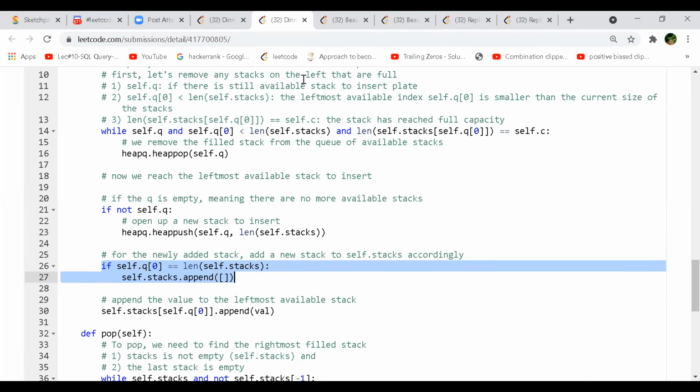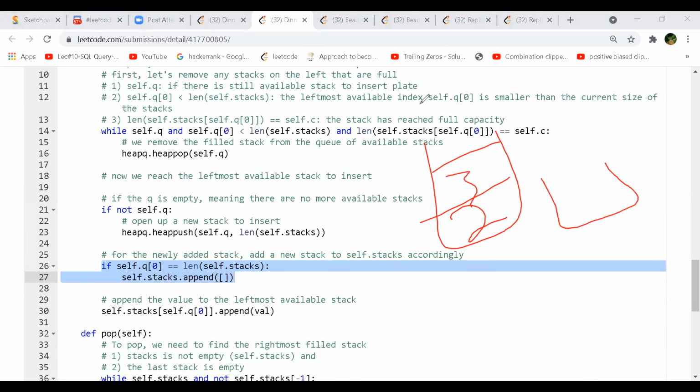But I have a doubt. Let's say this stack is for 2 and 3 we push, and the next stack is having 5. So the index 1 will be in my priority queue, right? Yeah, it has to be. See what happens now when you are at the index 2, either you have filled the zeroth stack and now you are coming to 1, so you just filled 5 and you are about to fill 6.